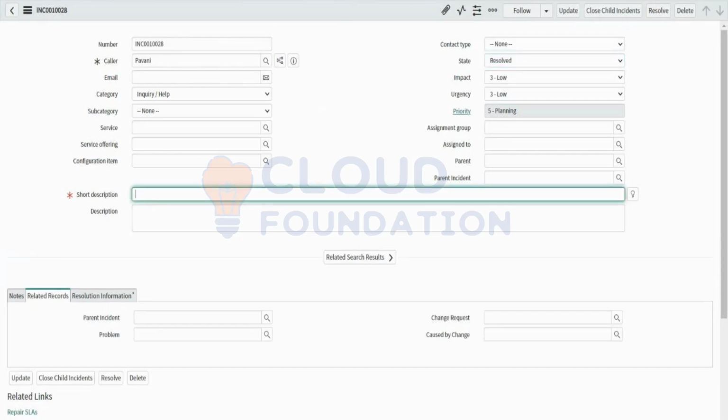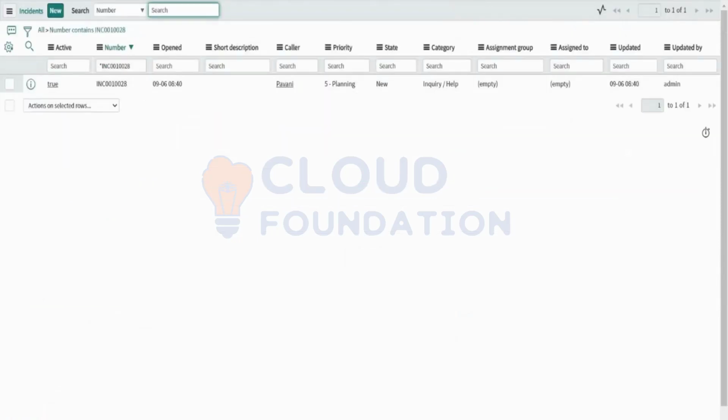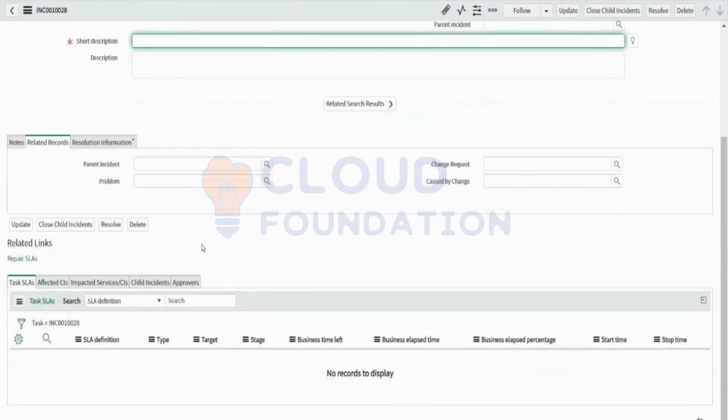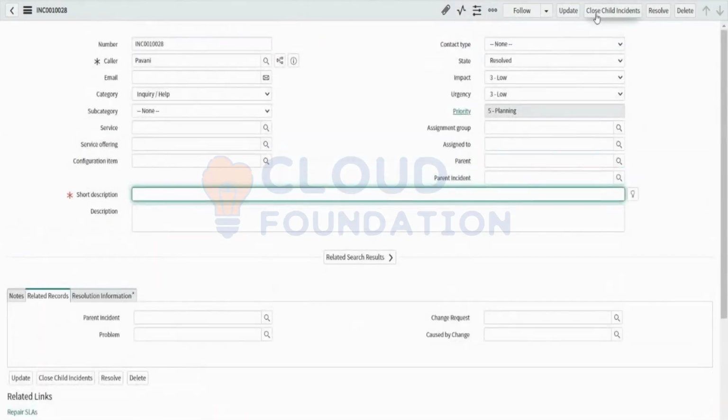They'll say the notification content has to change. Those things are there, and the UI policies, UI actions, those things you're aware of, right? That's why I didn't do much in the incident, because you should do everything from scratch. Then only you'll be able to relate what's there in the incident also.